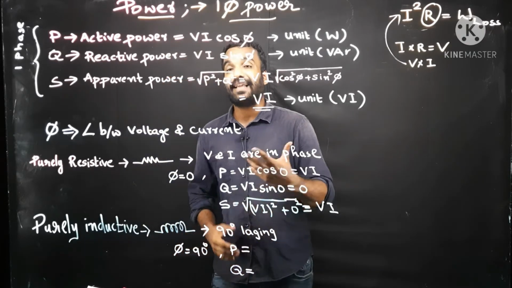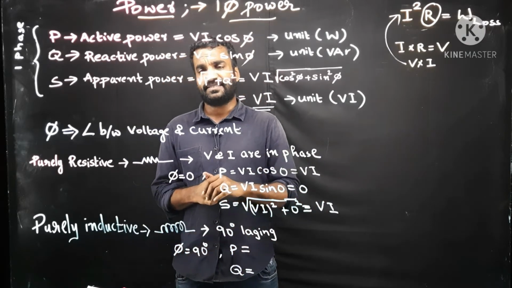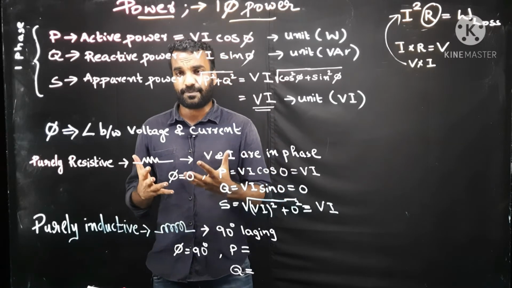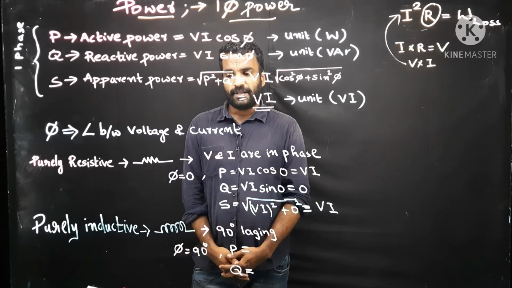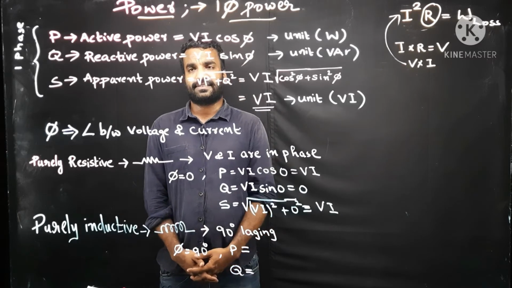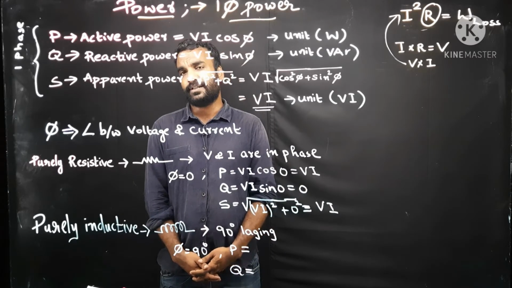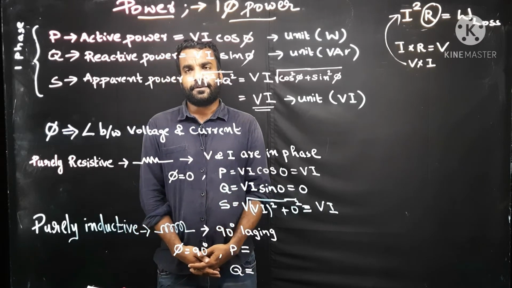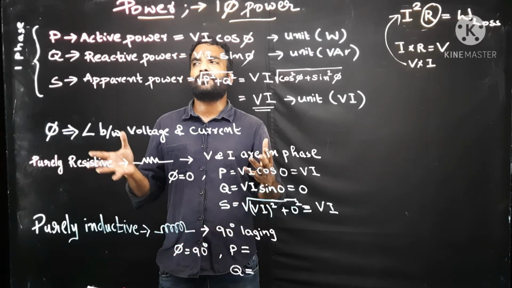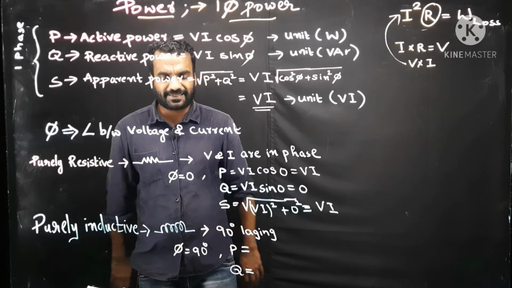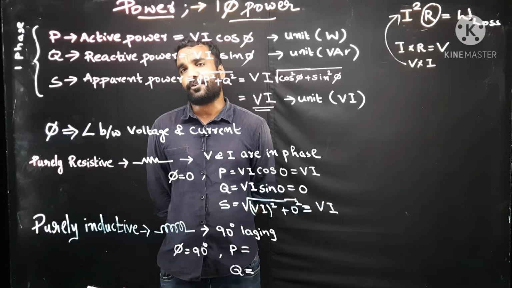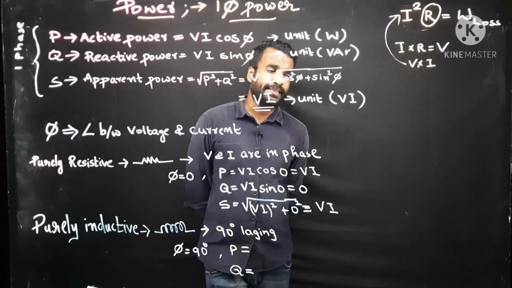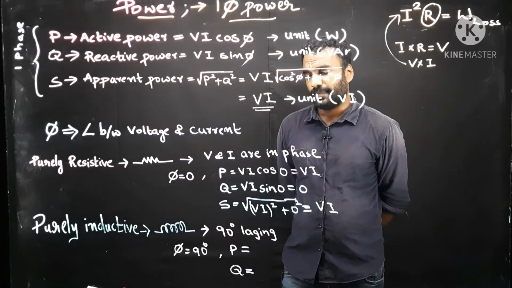No. But light and heat are directly measurable, whereas the flux produced by the coil cannot be directly seen. That is an example of reactive power. Such flux is an example of reactive power. And apparent power is the total power.